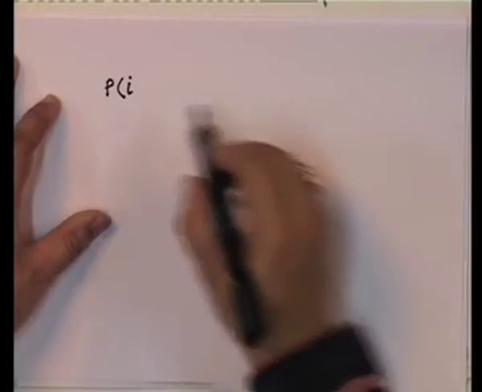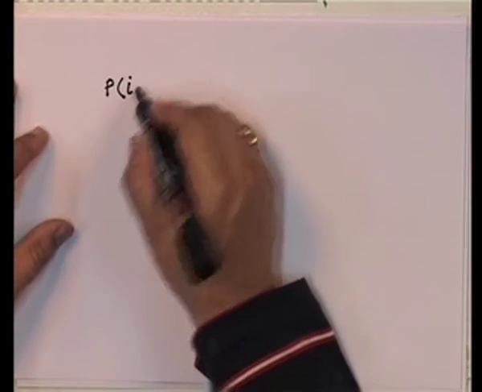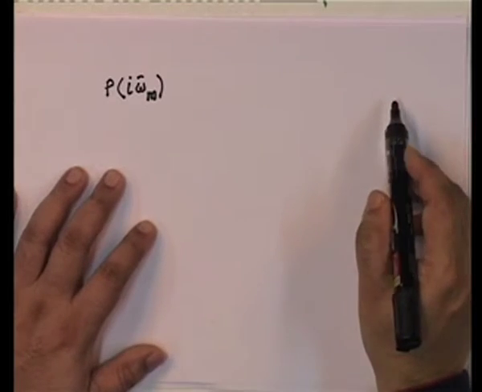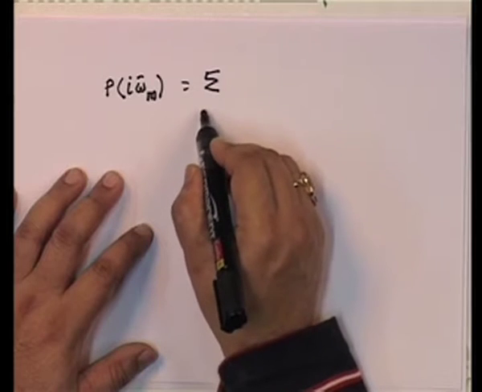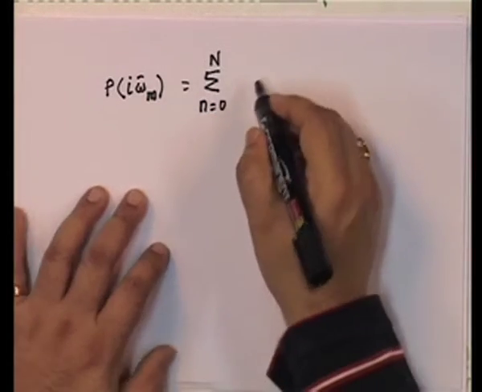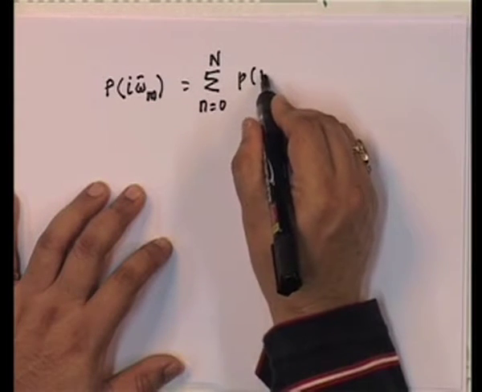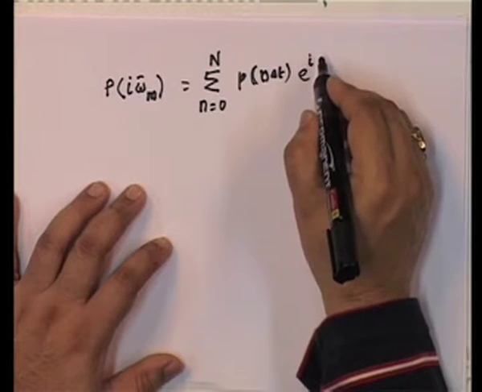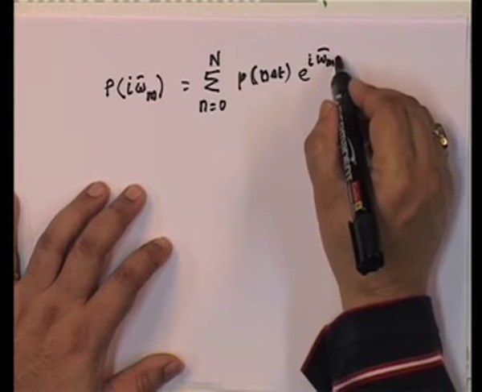Let me just write that form for you. I get the following form, and look at it, I have p at I omega bar m. Now, the question then becomes that I can't just do it at any omega bar, because again I am actually finding out p at I omega bar m, right. Why? Because if I am doing a frequency, what do I have? I have n going from 0 to n, and I have p of n delta t, that is the p that I am picking up, and here I have e to the power of I omega bar m n delta t